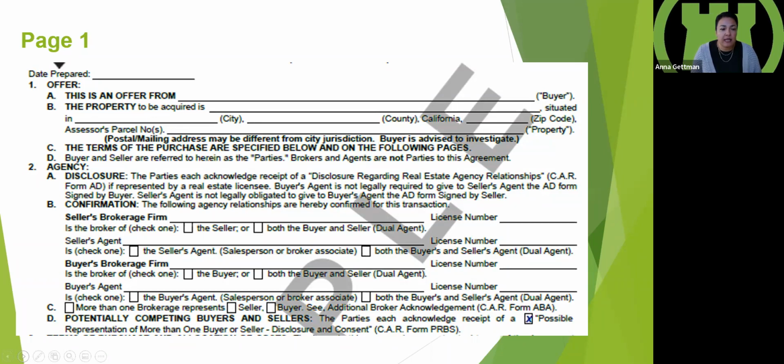The reason why I'm pointing this out is because it does make a difference, especially in a cash transaction where a buyer, if they're switching over to take title as a trust, it goes from no notarization to needing notarization, because a trust cert will need to be notarized. So ask that question,